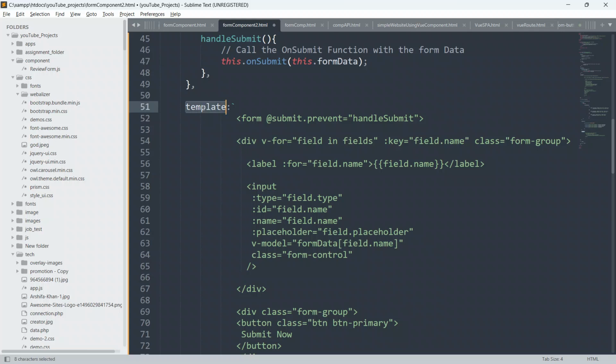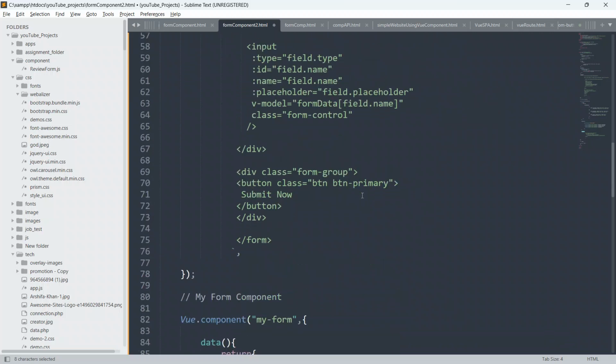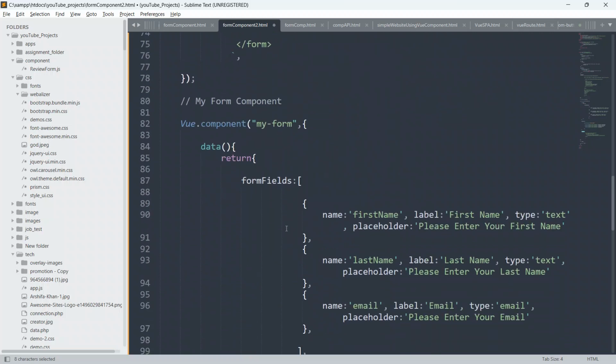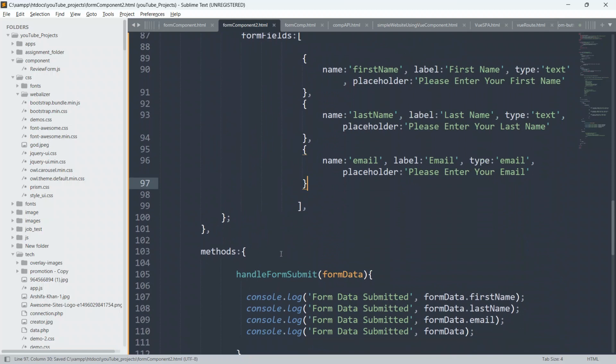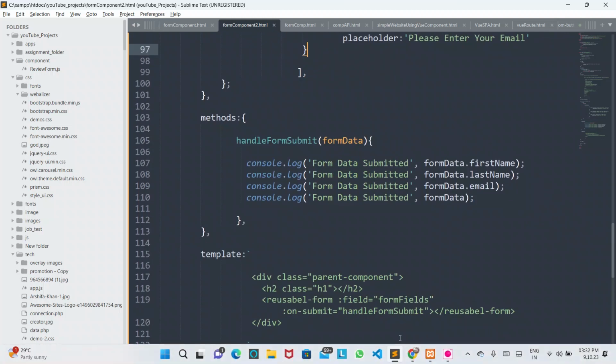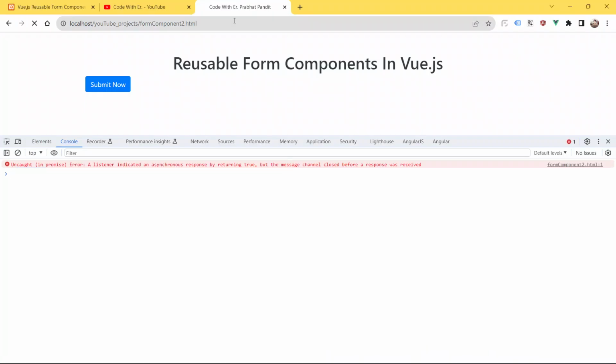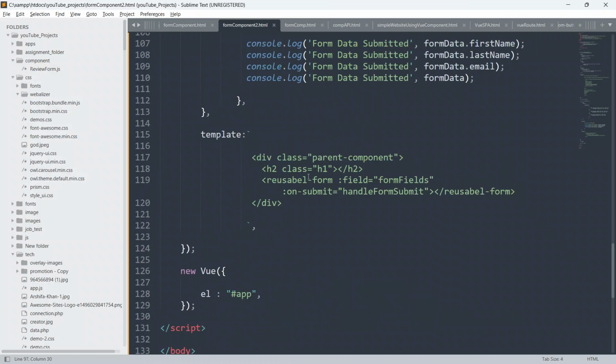so put a semicolon here, and let me check once again if there is any more issue. So template, we will say a for loop, field in fields. I hope I have rectified my error. So just let it be, remove this. Now save your code, go to the browser, and refresh the page. Okay, still we are not able to see our forms.